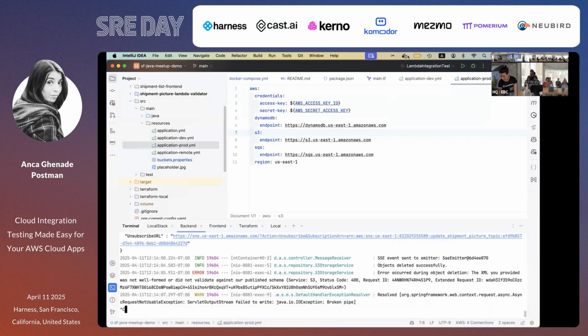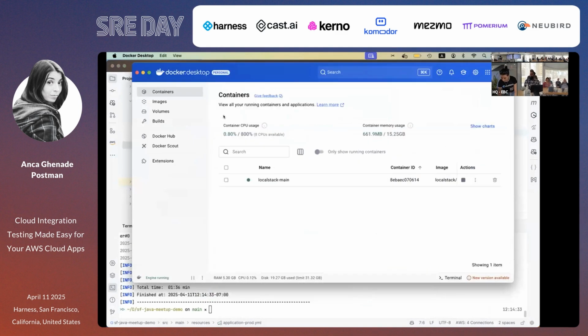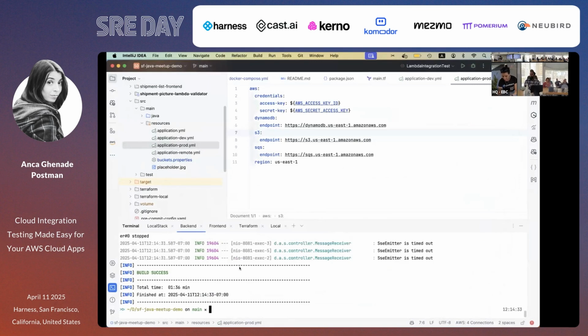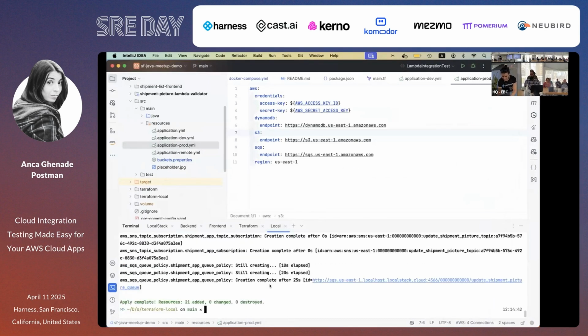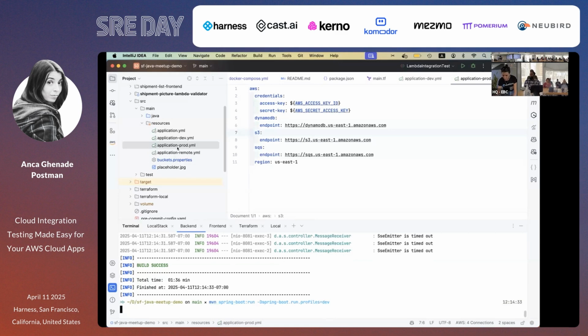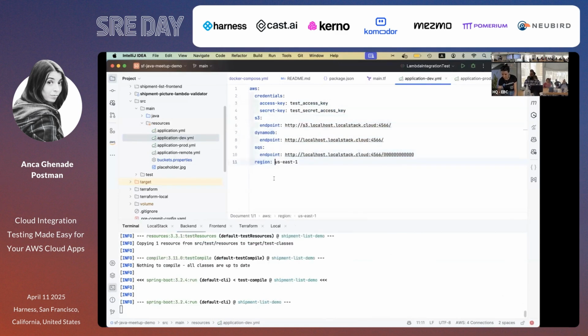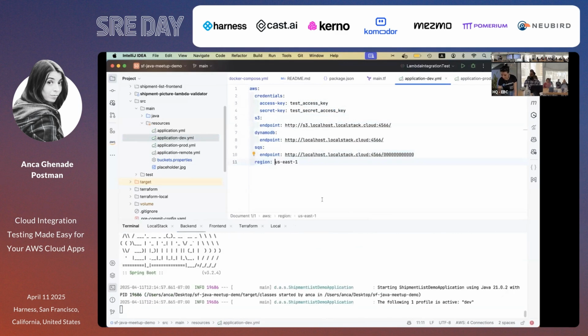And on the other hand, I have my LocalStack container running here. You can see it's just a regular container. I started that. I created the resources here in a second tab, but they're basically the same resources. And you can start our backend application with the dev environment configuration, and it will read these endpoints here, which will point to the